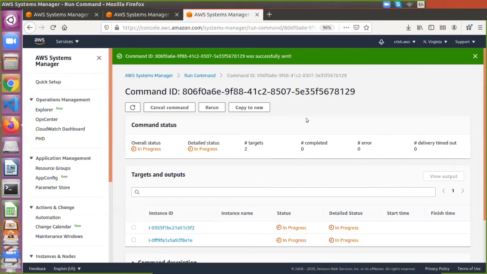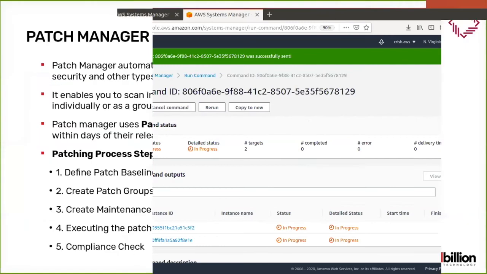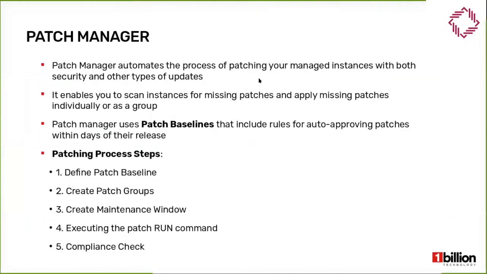What will happen is once it finishes, you go and see whether you can run the same. Just click the IP and see whether you can run it. It will come. It's nothing fancy about it, right? So I'll go to Patch Manager now, right? Which basically what Patch Manager does is